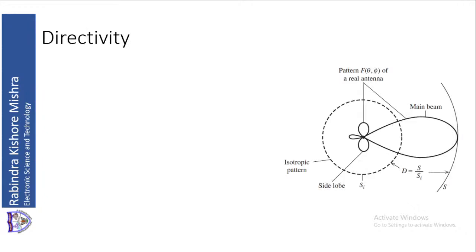Here you can see we have an antenna at the center, and if I replace the antenna with an isotropic antenna, then you can see that there is a circle. Dashed circle, that is the radiation pattern of an isotropic antenna, which is radiating the same amount of power in all directions. Now, if I replace the isotropic antenna by this antenna, then you can see the amount of power that